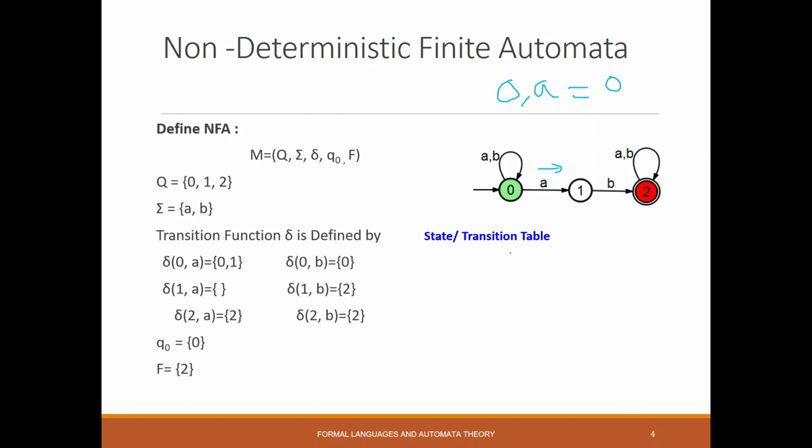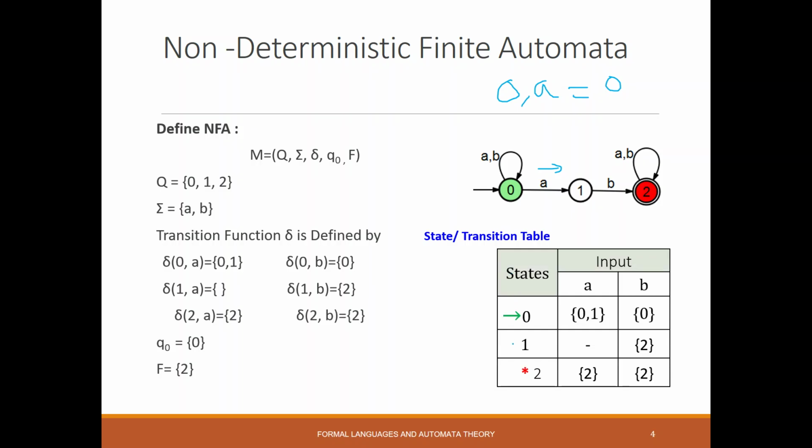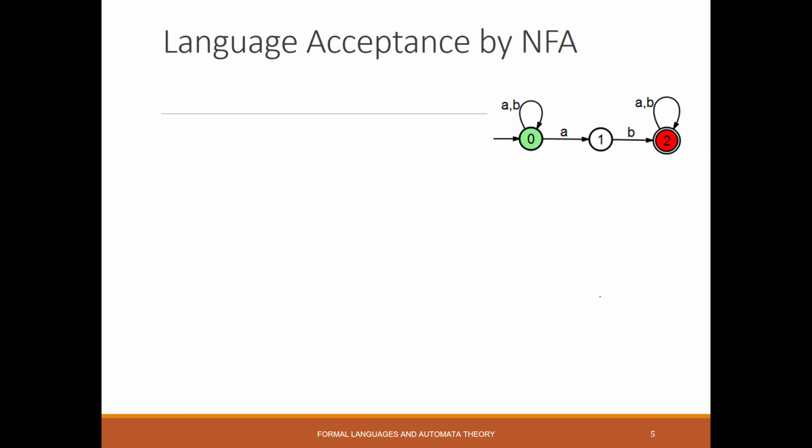Okay. For the transition table, we will have states separately and inputs. For the initial state, we should mark it with an arrow, and for the final state, we should use a star. If I use A on state 0, I can reach 0 and I can reach 1 also. So it is 0 comma 1, and 0 comma B leads to 0. Likewise, we can define the rest. Okay. Now